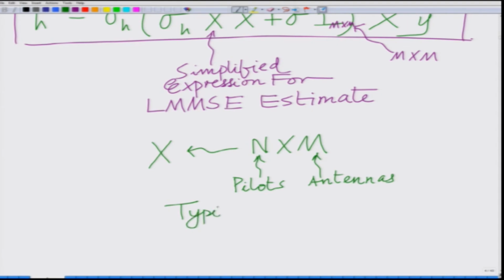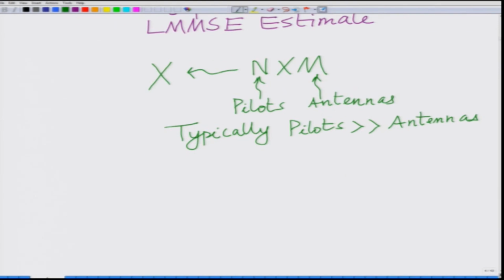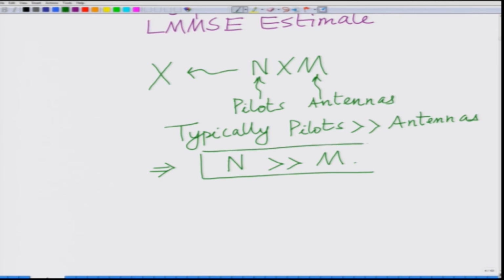Typically, the number of pilots is much greater than the number of antennas, which implies your n is typically much greater than m. Therefore,